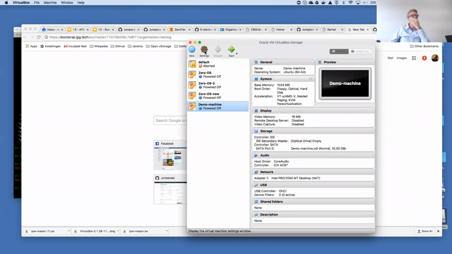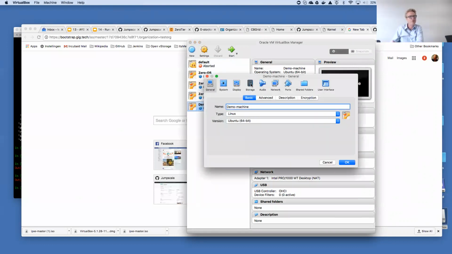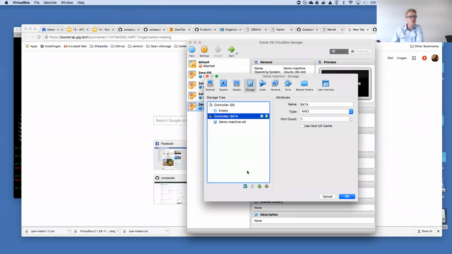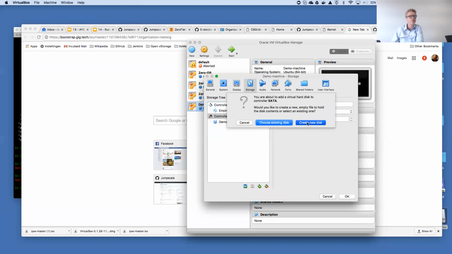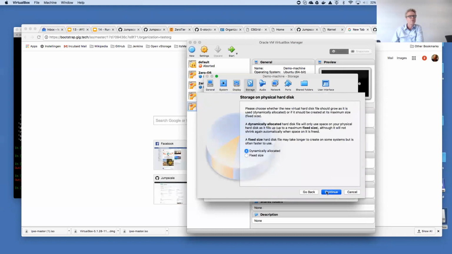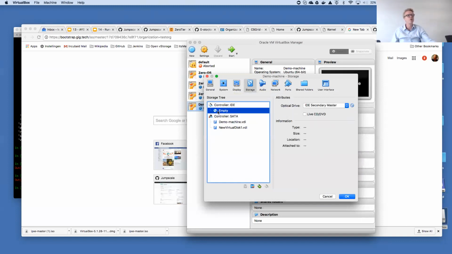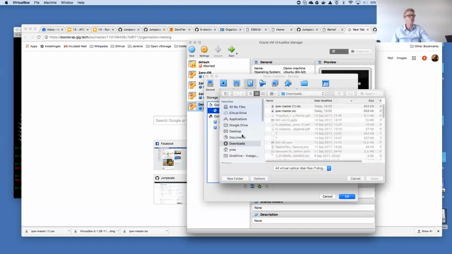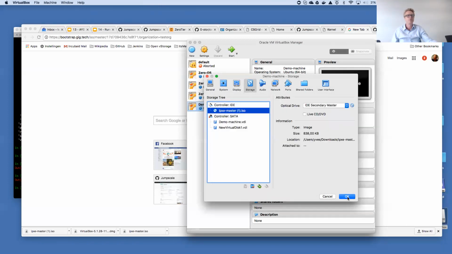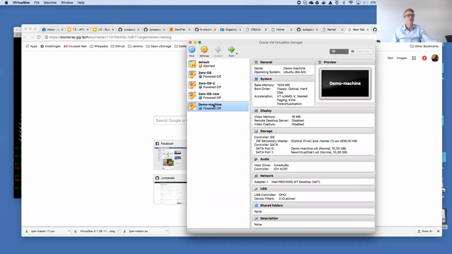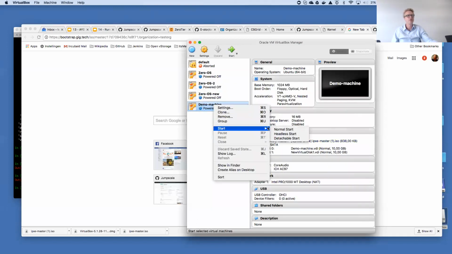You can always then here in storage add more disks if you want to. To be honest, not sure why it's really necessary, but okay. But most importantly, you go to the IDE controller and you select the image you just downloaded. You go to downloads. This is the image I just downloaded. You open it, you select it, okay, and you start the machine, right?